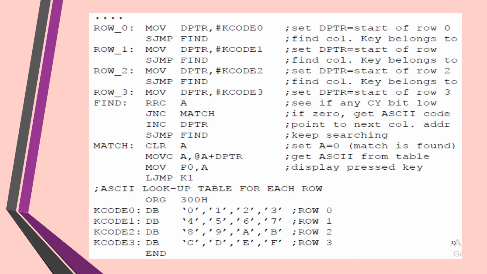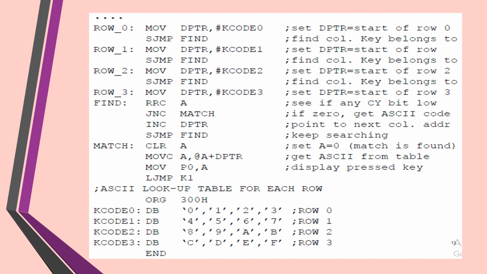As a practical part, we will be writing the code in embedded C, because it becomes comparatively much simpler, and simultaneously we will be interfacing an LCD also, so that whichever key we press, we will be able to see it displayed on the LCD. In Proteus, I will show you the simulation in coming sessions, where I will illustrate the general purpose code in embedded C for interfacing the keyboard, along with the Proteus simulation.